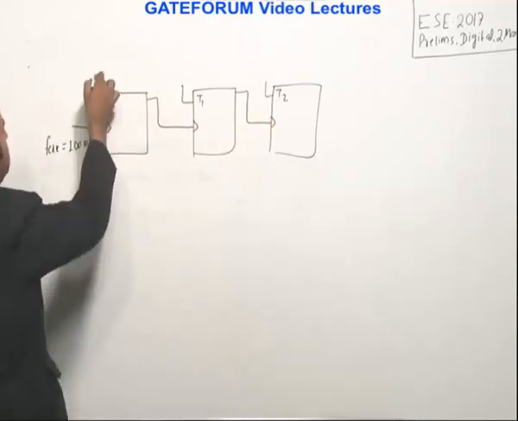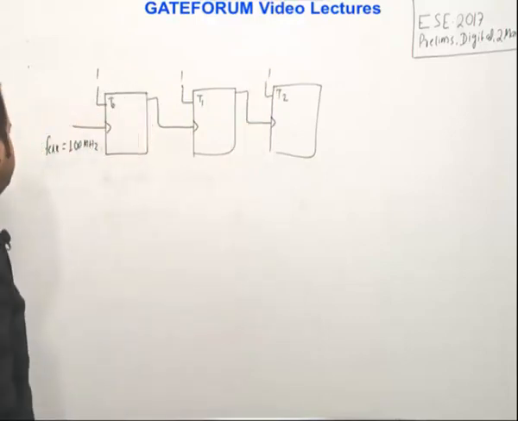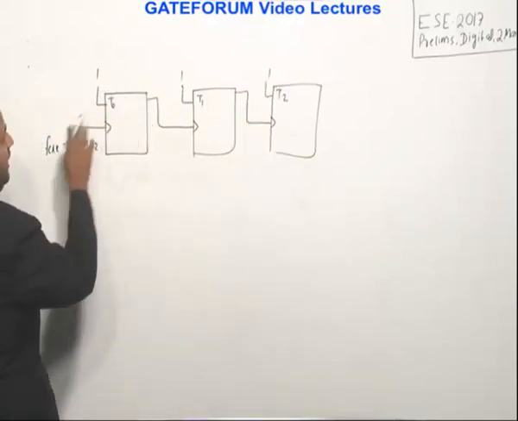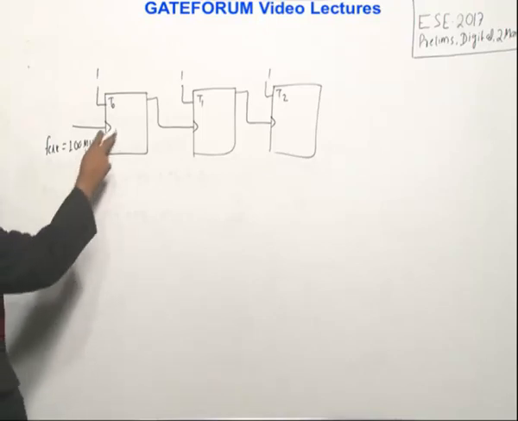When the T flip-flop inputs are 1, it behaves in the toggling mode, right? So what happens in this kind of case? If this is F and this is in the toggling mode, so this is not given, I am assuming it, because the intention of this is this. So the flip-flops are operating in the toggling mode. So when this is in toggling mode, what happens?